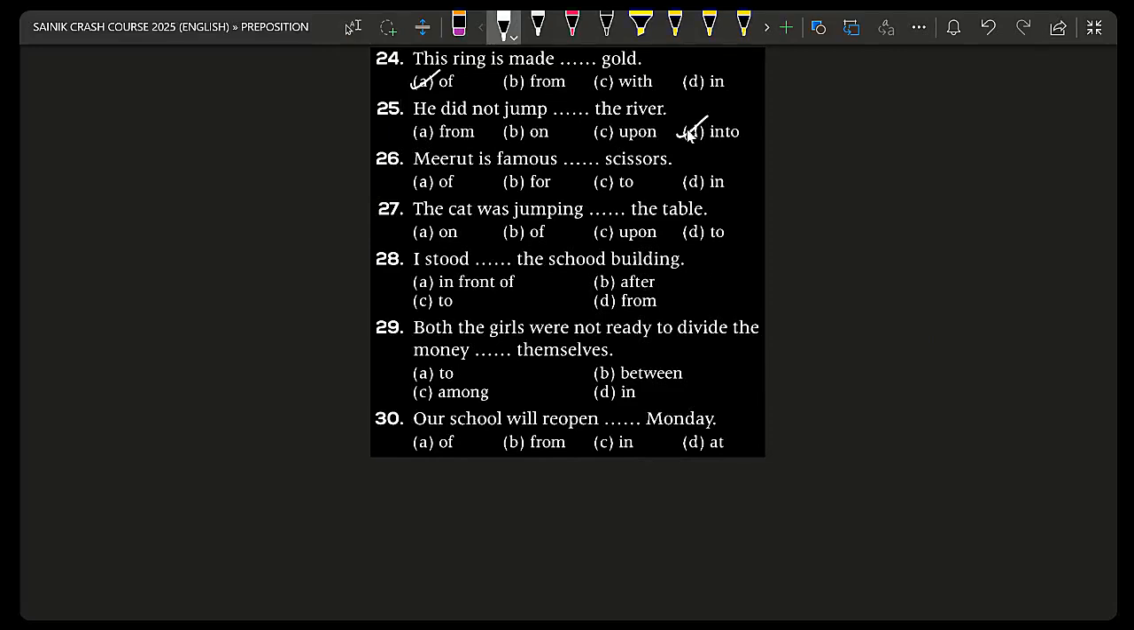Meerut is famous. Not Meerut, it is Meerut. Meerut is there in which state? We discussed it in GK. Okay, read the question. Meerut is famous dash